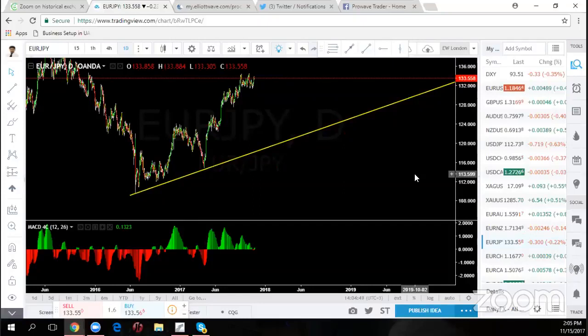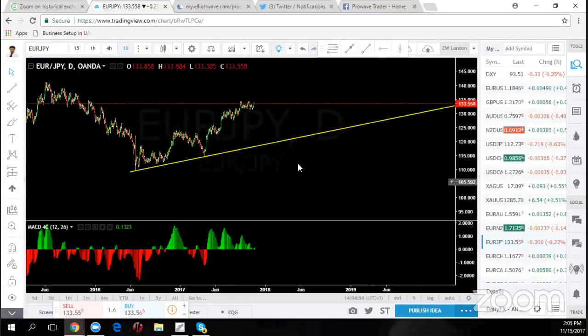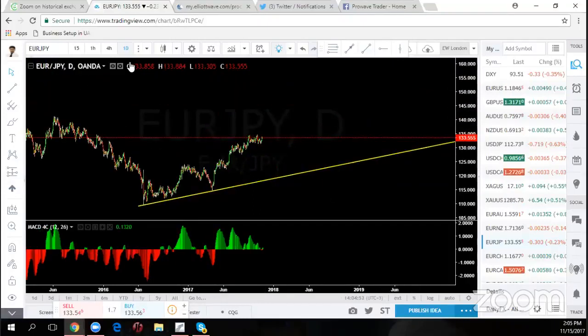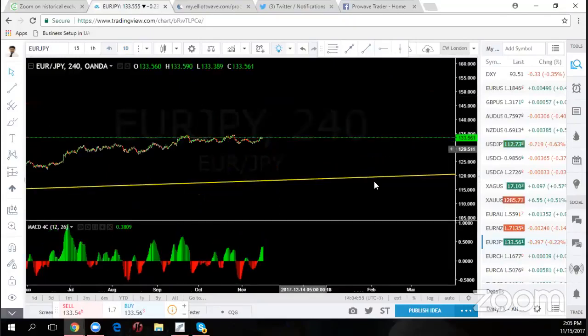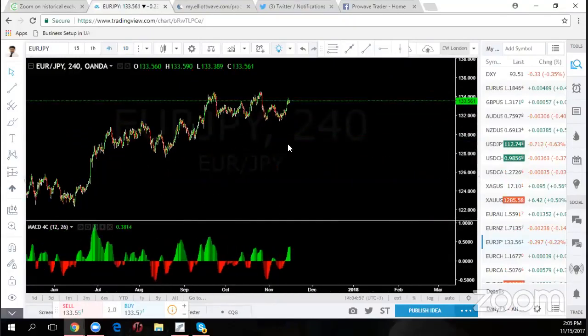So let's go look at it. What do we think? How do we know when this is about to finish? Well, I think a lot of you may start figuring out. We'll start to look at the chart and say, well, as long as they're going up, you can look for buy setups,